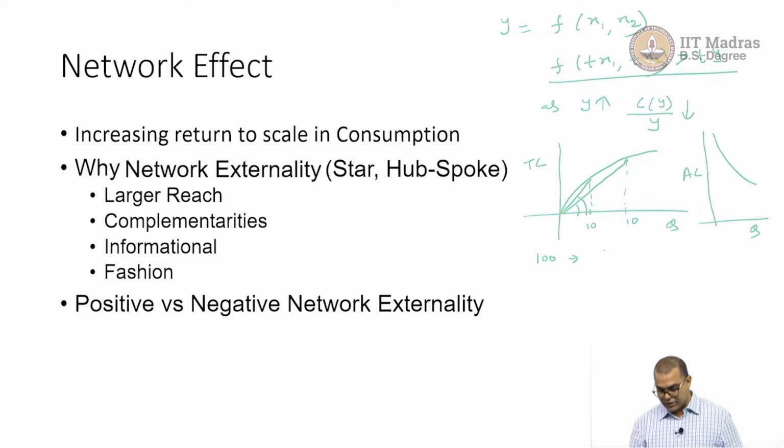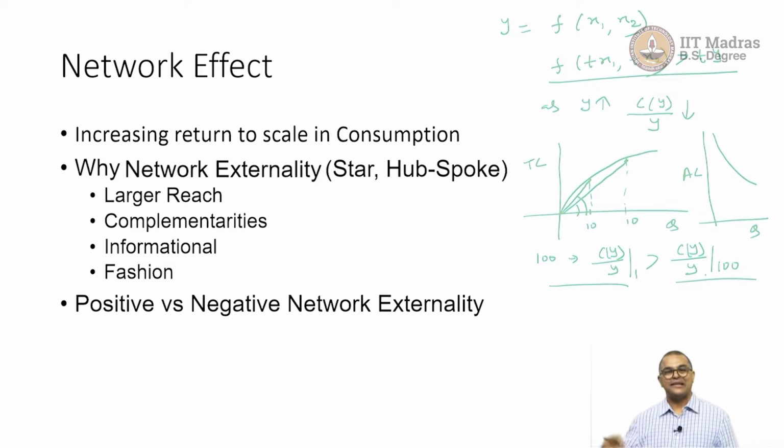So the average cost at a level of one is going to be greater than the average cost at a level of 100. So your total cost of production would be higher when 100 people are producing on their own. So what is beneficial for the society? Remember, this we had called natural monopoly also. We get natural monopoly because it becomes cheaper to produce at larger scale. So it was reducing the average cost of production.